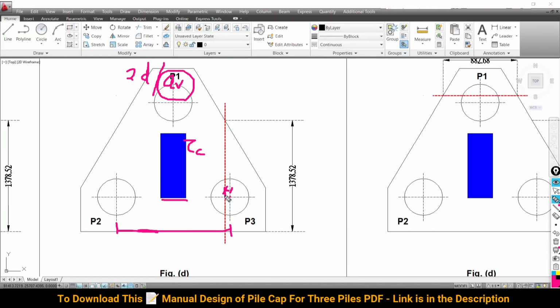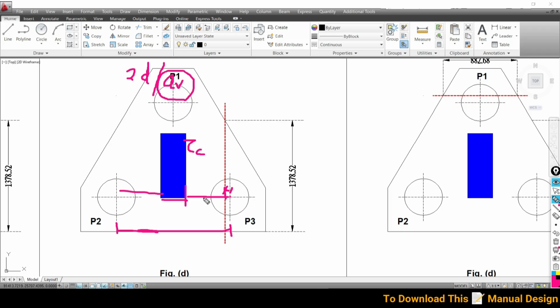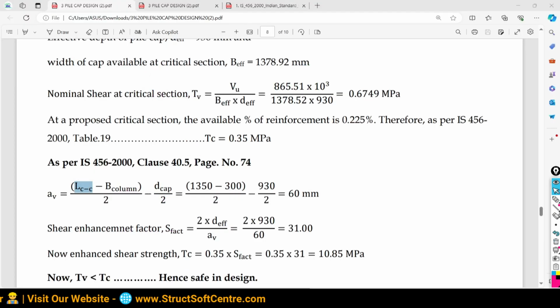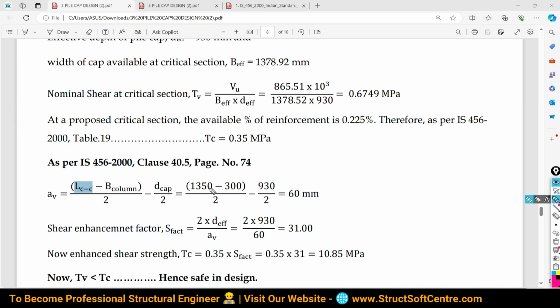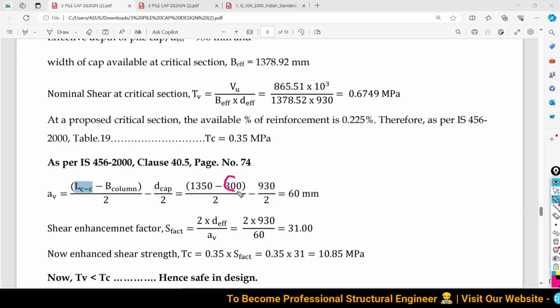So you will get only this span, and then if you take half of this, you will have only this span from this point up to the center of the pile. You will have this total distance, right? So we are going to write here in the calculation: center to center distance between the piles minus width of the column, divided by 2. So 1350 is the center to center distance between the piles, minus width of the column, 300, divided by 2, minus,